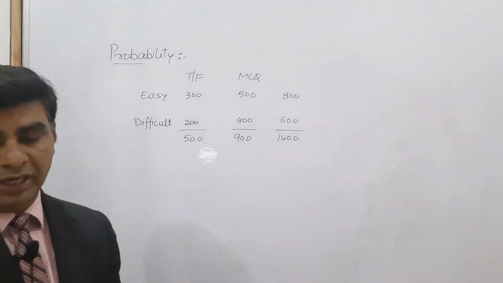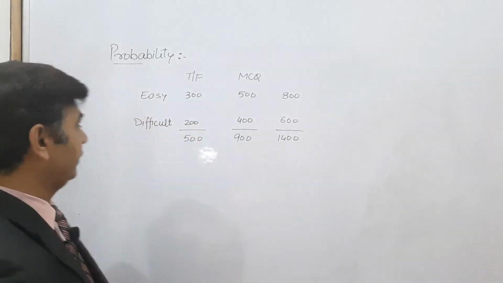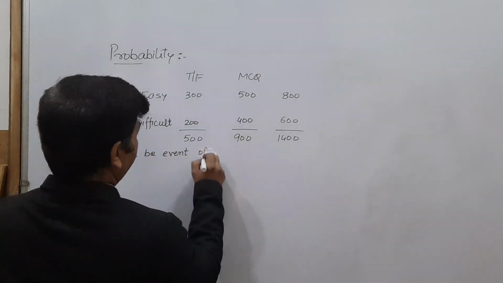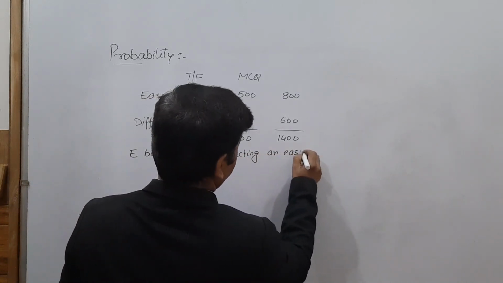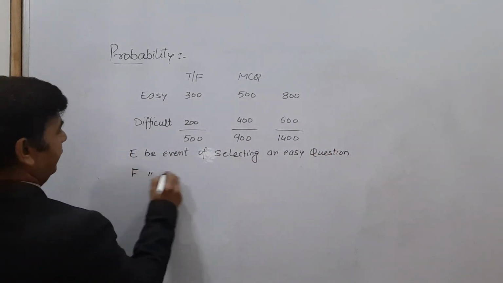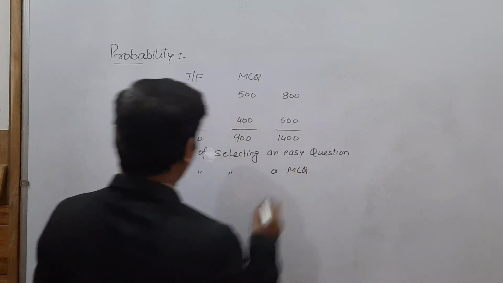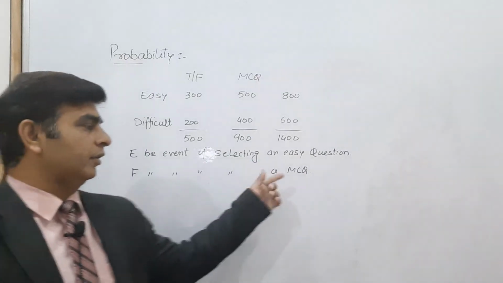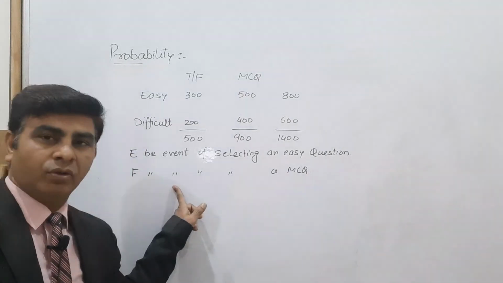Now we have to find the conditional probability in which an easy question is to be selected। For that let me take E be the event of selecting an easy question, and F be the event of selecting MCQ। क्योंकि हमें प्रोबेबिलिटी इसकी निकालनी है कि इजी क्वेश्चन सिलेक्ट हुआ है और जबकि इट इज ऑलरेडी गिवन दैट द क्वेश्चन सिलेक्टेड इज योर MCQ। सो ये आपको गिवन है, यानी कि F event has already occurred in which